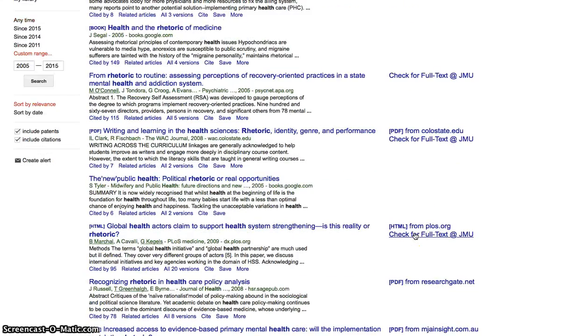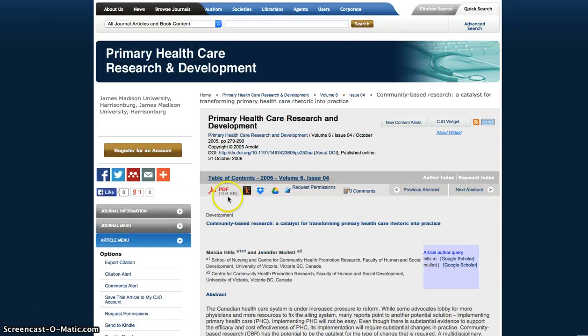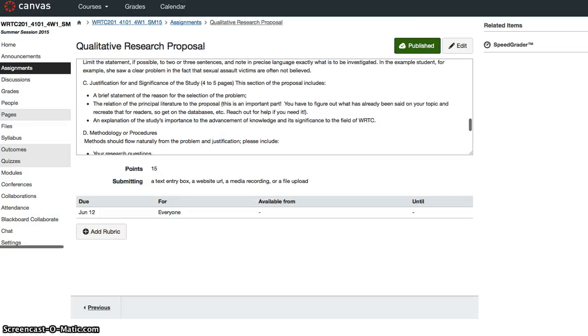That's a very nice thing. If, however, you are not on campus and you come up with something that you really, really want to see, and you're not on campus, then you see here, it's in the Primary Healthcare Research and Development Journal. Then what you can do is go back to the library